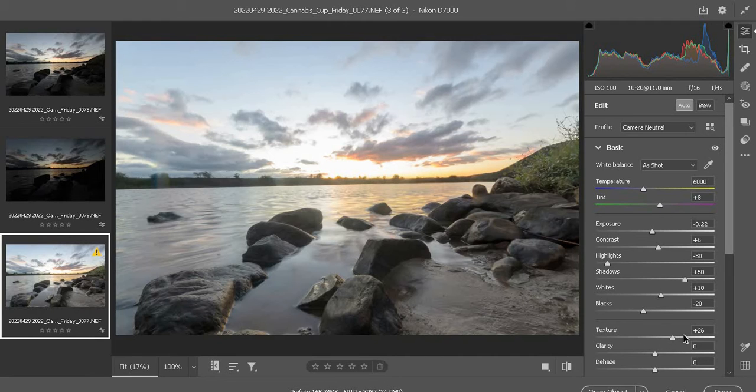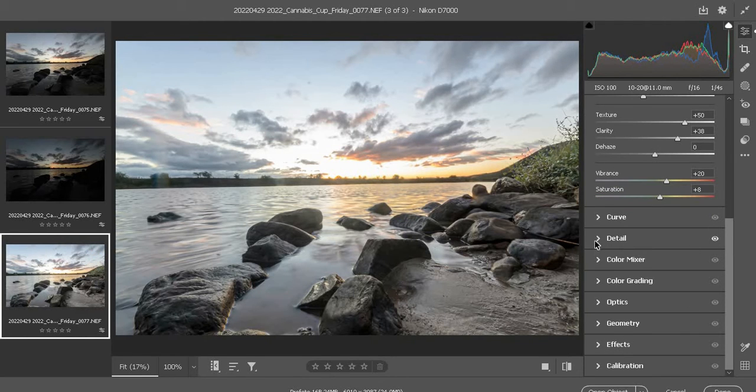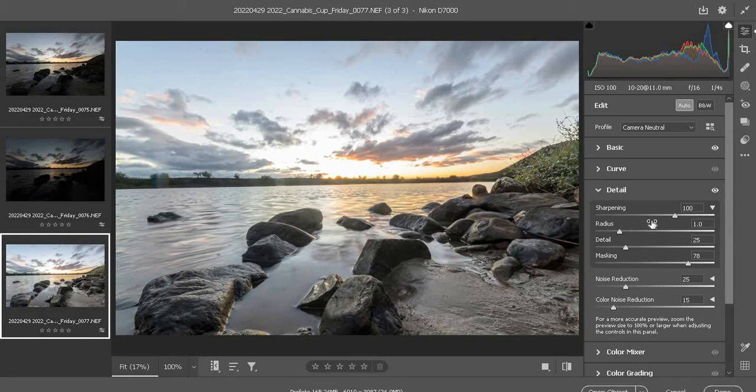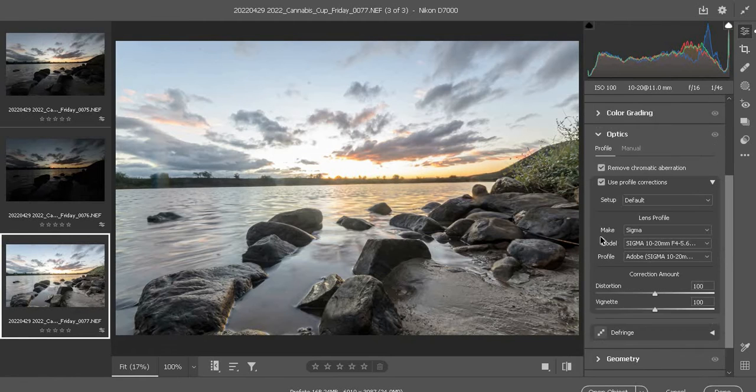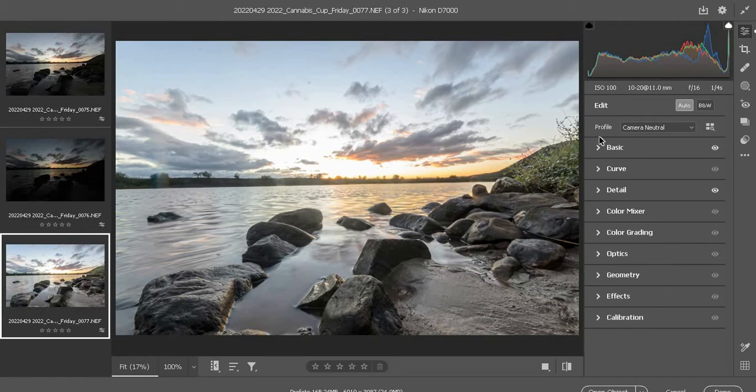And just amplify that, I'm going to bring the texture and the clarity up. Just make sure that you have your detail set, especially your noise reduction and your sharpening, and also make sure that under optics your 2 blocks are ticked so that the files are coming through correctly. So that's a good one for the